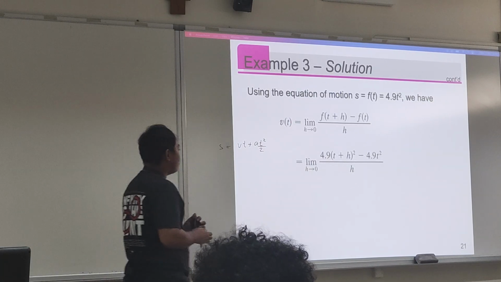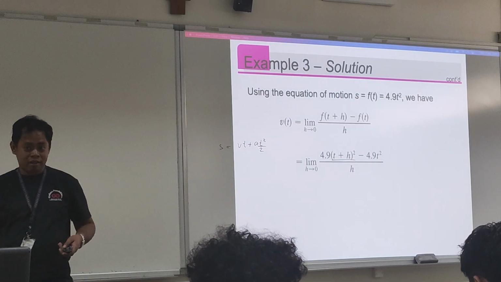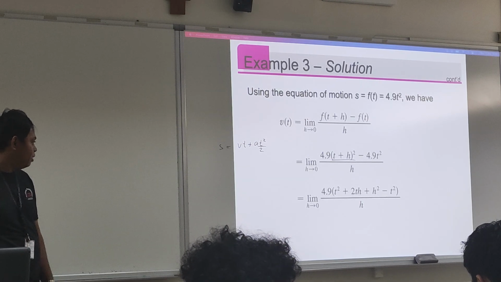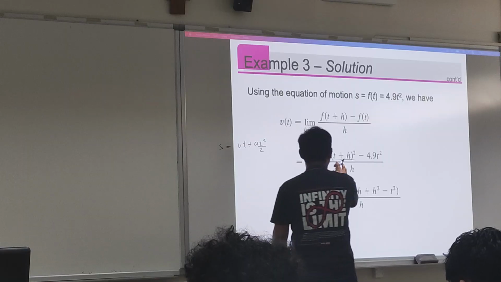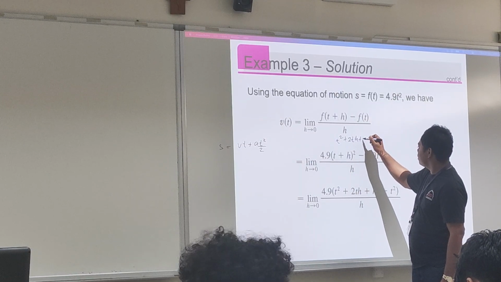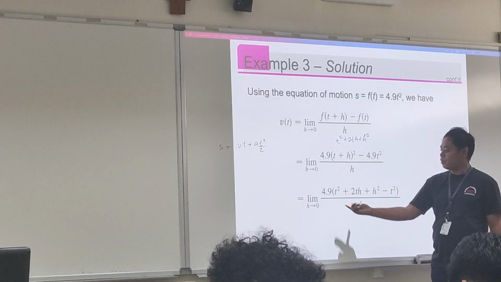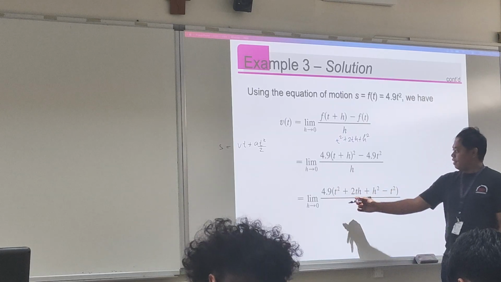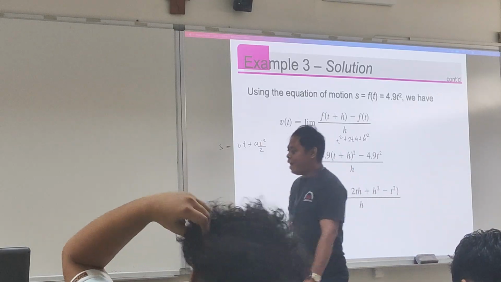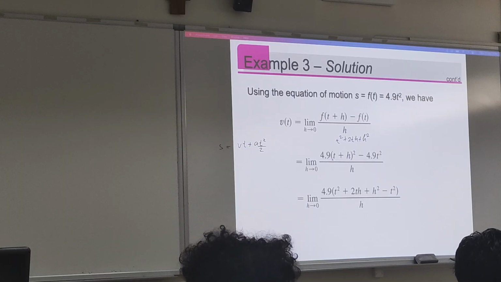And then you can simplify this one, right? So this is just what now? A sum of squares. So this one here is t squared plus 2th plus h squared. Of course, you can factor out 4.9, common for every term. So factor out this, and then copy the first one here inside your parentheses, and divided by h.